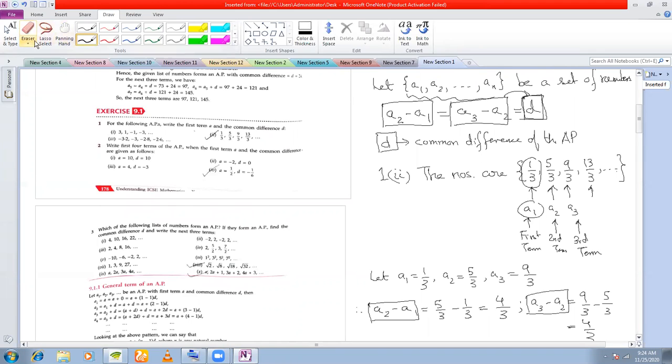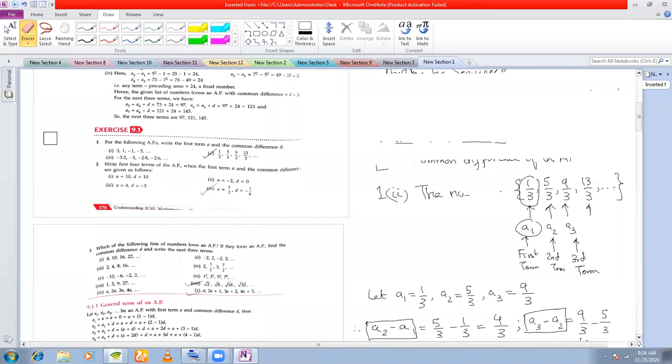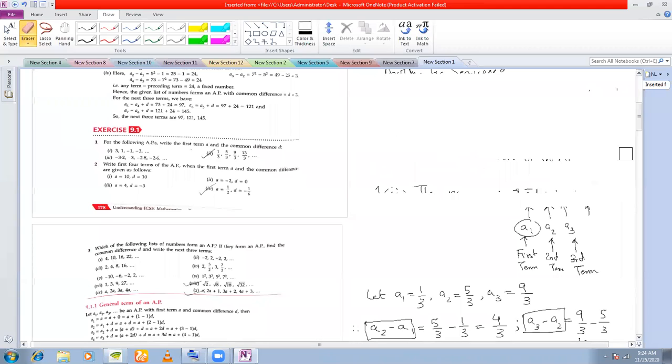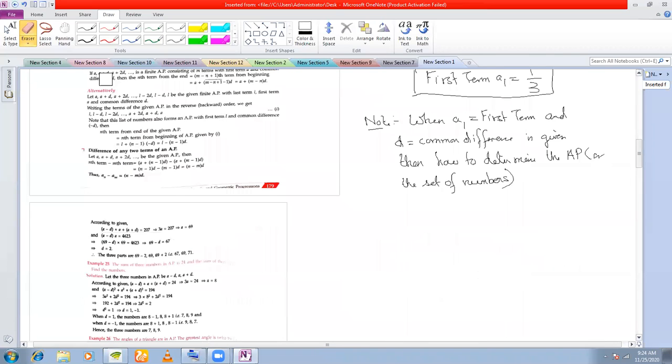Let us see. The question here is: find the first four terms of the AP. Now, before I move on to this question, let me just give you the rule, in fact the formula, to determine it, which I forgot here. When the first term and the common difference of the AP are given, then how to determine the set of numbers? The AP will be, remember this formula, please. The AP will be